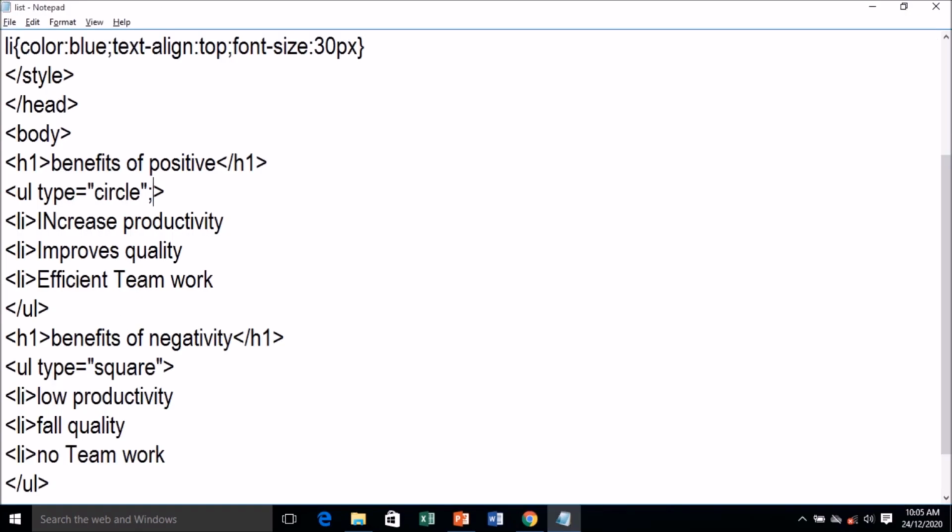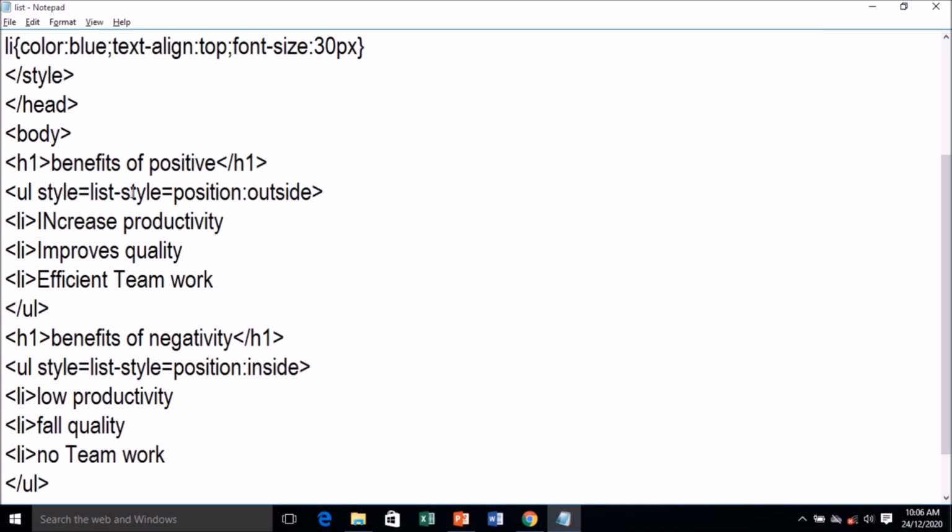Okay, next thing is here, let's give a style to this. Style is equal to, so here we are giving a style of position. Let's use inside position and outside position. For the upper list we are using outside, and for the lower one we are using inside. So let's see what happens when I save this.